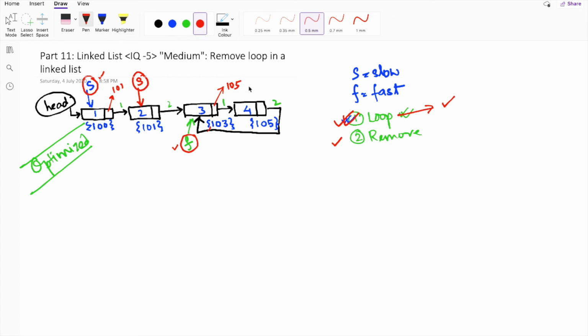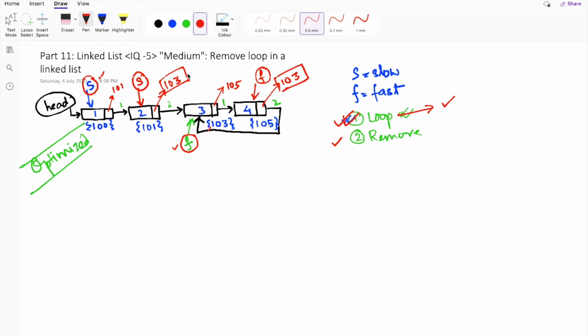Now in the second iteration, we will check whether the address of the next pointer is equal or not. Here the next address the slow pointer is pointing to is 103, and the fast pointer is also pointing to 103. So here you can see we got a match.